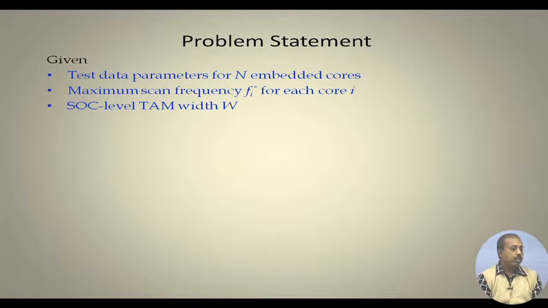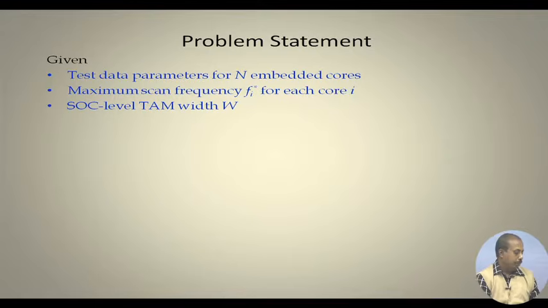So, we have got their test lengths, their test times and the frequencies at which they can be tested, and the Pareto optimal points are definitely required. The maximum scan frequency Fi star for each core. So, their frequencies are known at which they can operate, so that we do not do a violation. It is not that we put it on a frequency higher than what it can sustain, and the SOC